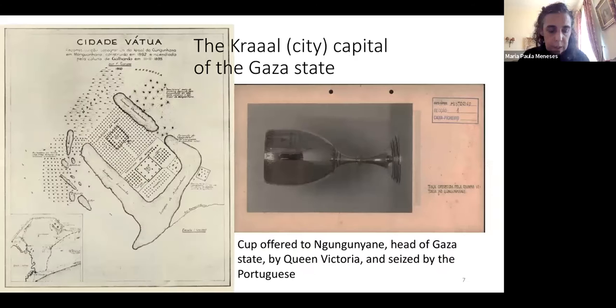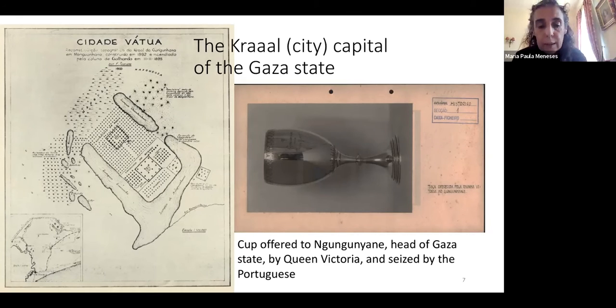So what we see is the military invasion that was led by Mozinho de Albuquerque in 1895 on the territory of the Gaza state, which integrated most of the southern part of Mozambique. So it was a state that existed with all the problems associated with it. But this military campaign against the state, with whom Portugal would exchange letters and diplomatic material, was a violent genocidal act. And the Portuguese hero of Gaza, Mozinho de Albuquerque, not only conquered the state, but also, as a means to destroy the resistance capacity of the Gaza state, killed a whole series of military headmen in the capital,